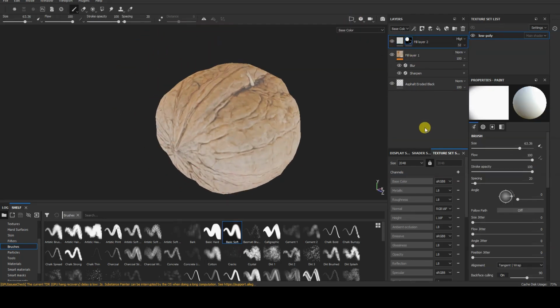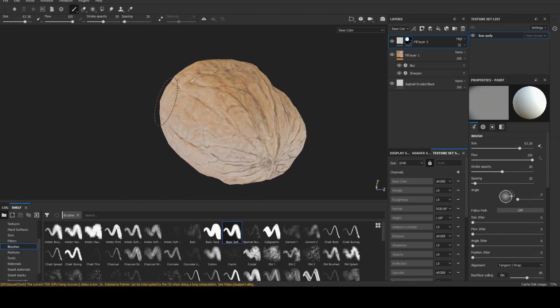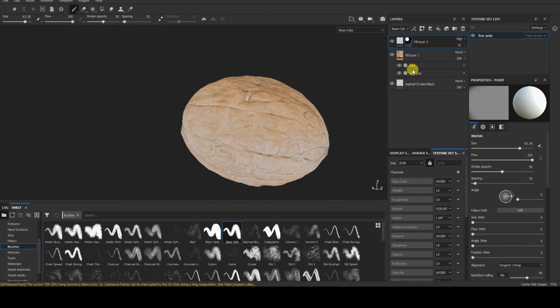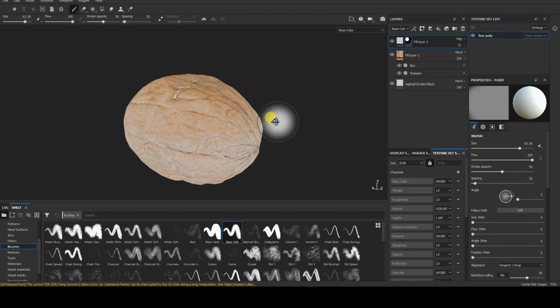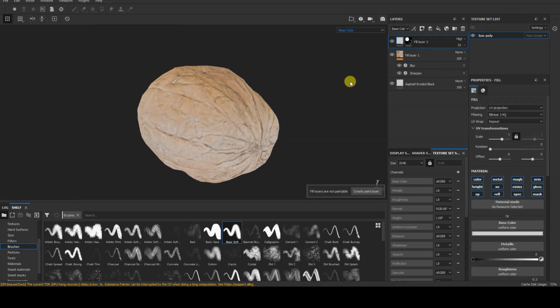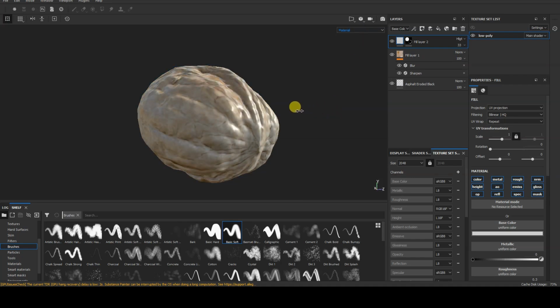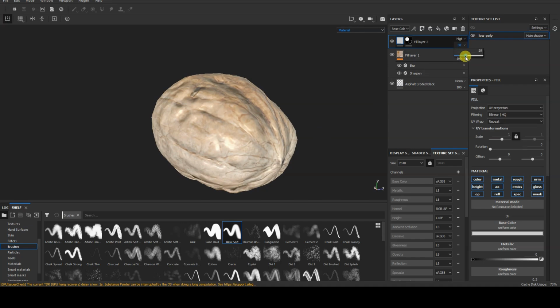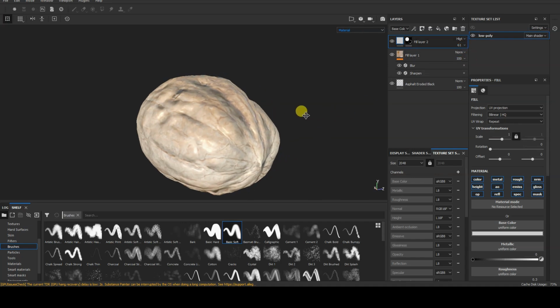In these cases, it is advisable to use a brush with very soft edges to avoid creating sharp differences between areas. Ideally, a graphics tablet should be used to control the intensity of the strokes, but alternatively, you can adjust the brush opacity in its settings panel. Remember to occasionally switch to Material View mode, because the Base Color View mode only displays the pure color map, which does not take into account ambient lighting, roughness, or the normal map.